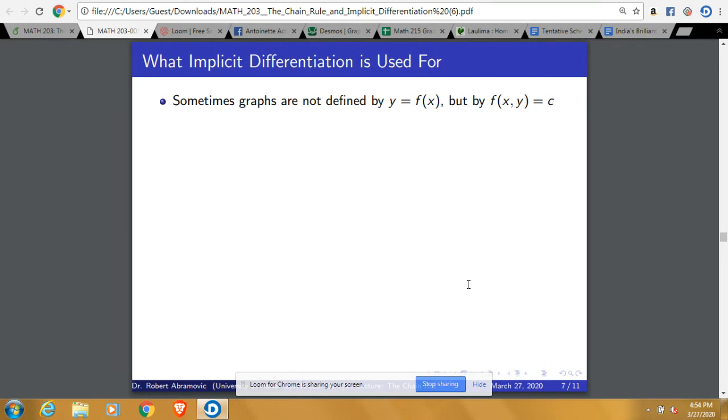Okay. So now we're going to go over the next topic, which is implicit differentiation. Well, why do we care about implicit differentiation? What is it used for? Well, implicit differentiation is used to find the equation of the tangent line to functions that are defined